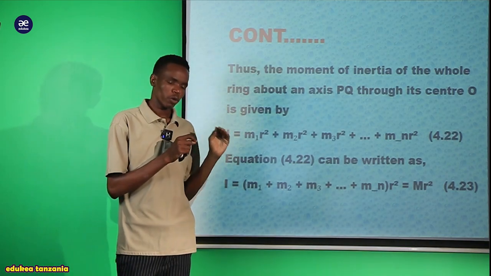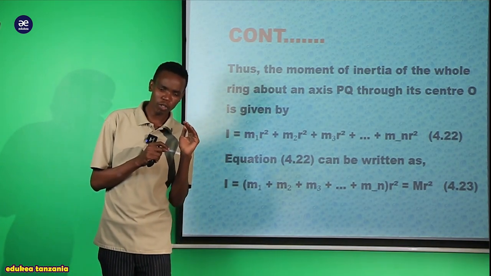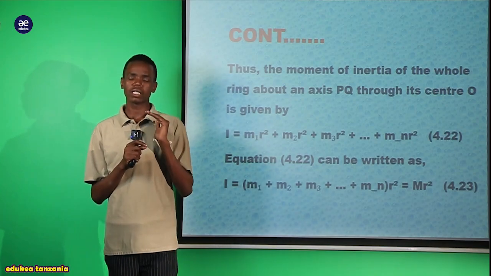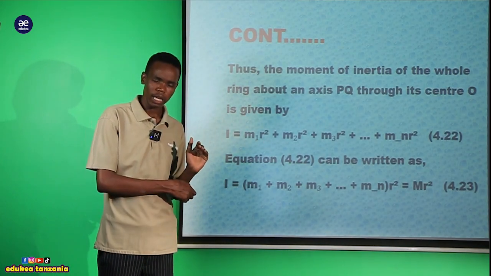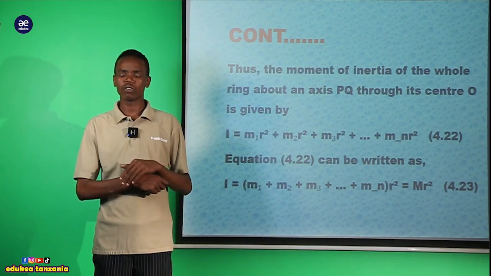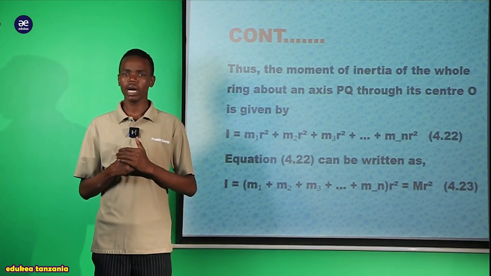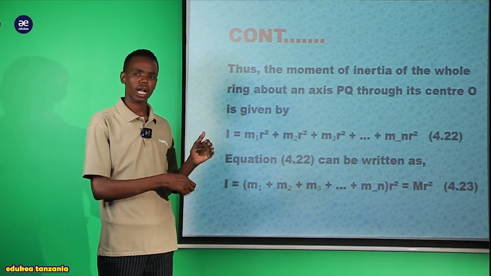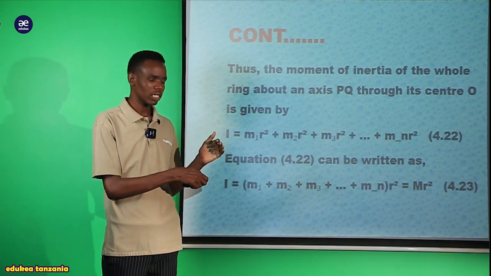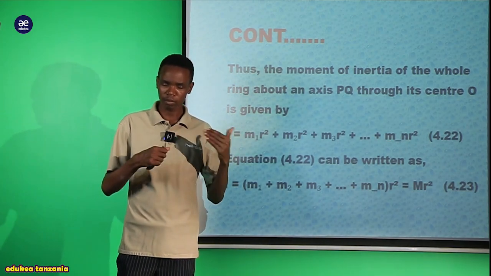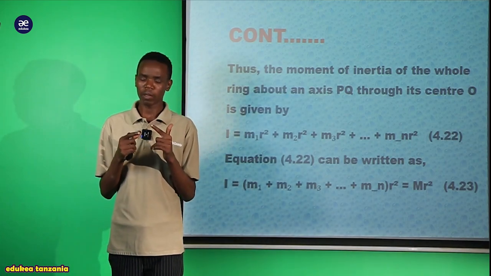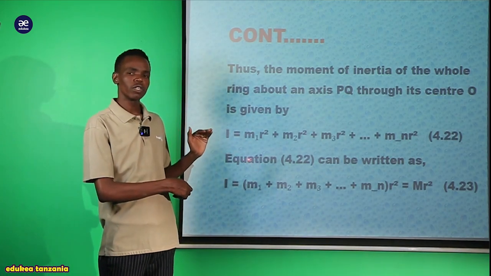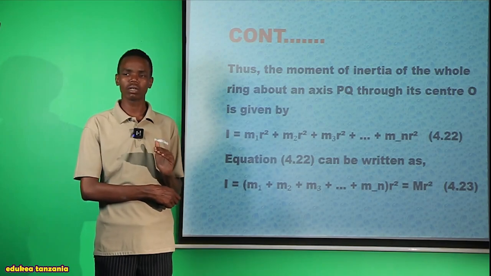It means that the moment of inertia for the whole ring must be equal to the moment of inertia at point A, plus the moment of inertia at point B, then we add the moment of inertia at point 3, then we add dash, up to the center, at the instance of the particles. Now, if we demonstrate there, we should obtain that the moment of inertia for the whole ring must be equal to